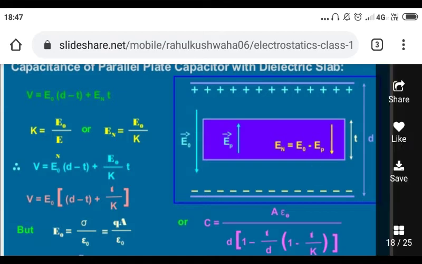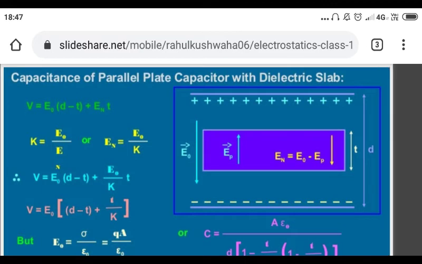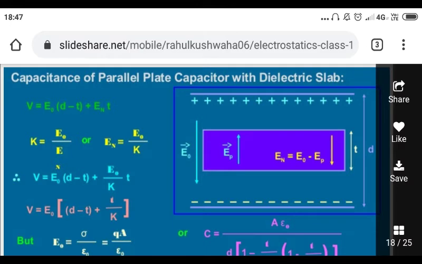You can see on the left hand side, V is the potential difference between the two plates, which is equal to E0 into d minus t,